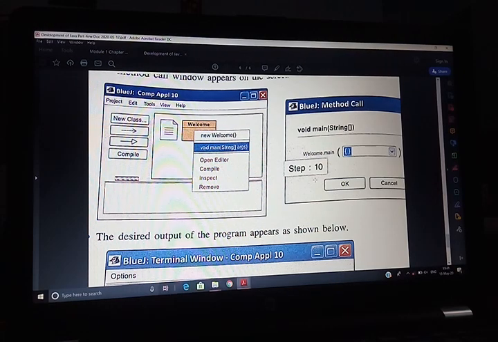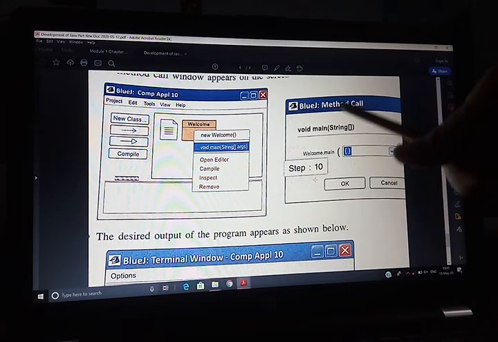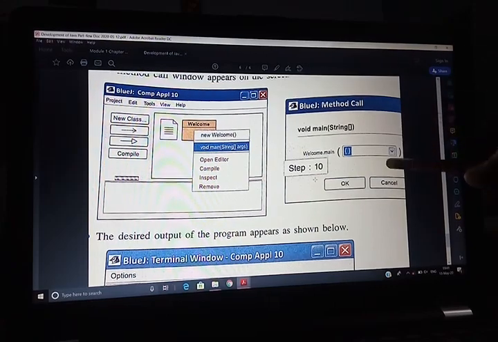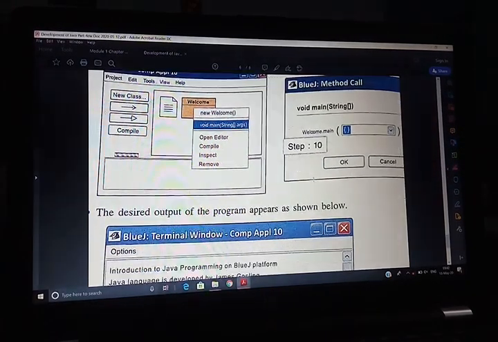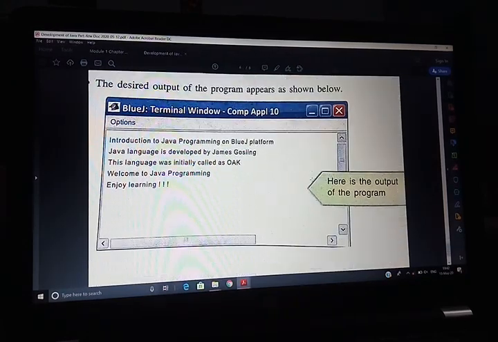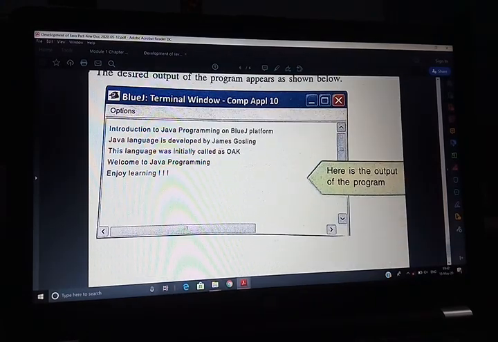We go to void main and click it in the drop down menu. A method call window appears on the screen. This is called method call. Go to OK and click it there. When you click on this, the desired program output will appear. So this is known as output.